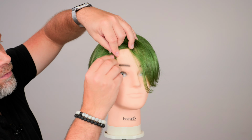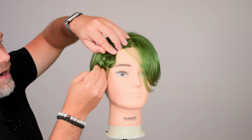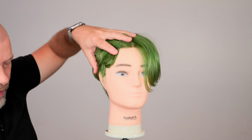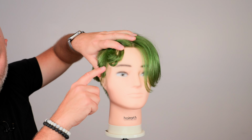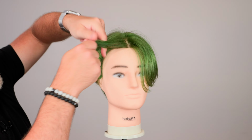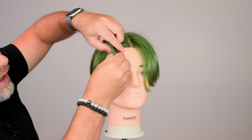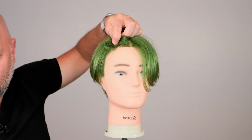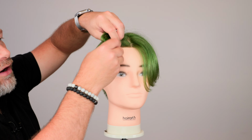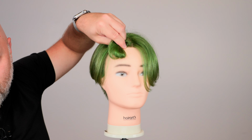I know it may look ridiculous, but just bear with me here. It may be going down on an angle this way, where it's short here and longer here. It's very unbalanced. That means this hair is only going to travel back so far. This could be one of the biggest reasons why your hair keeps falling in your face,